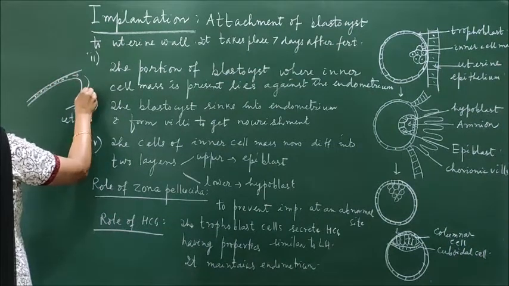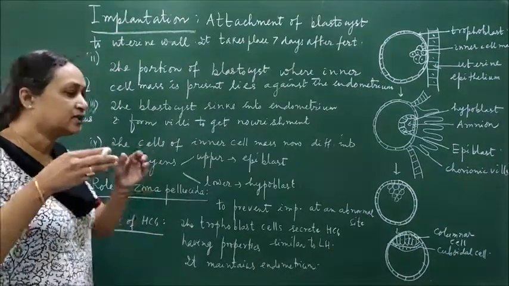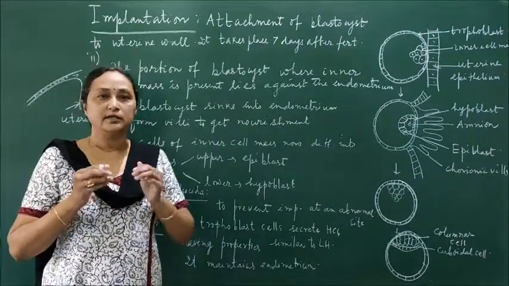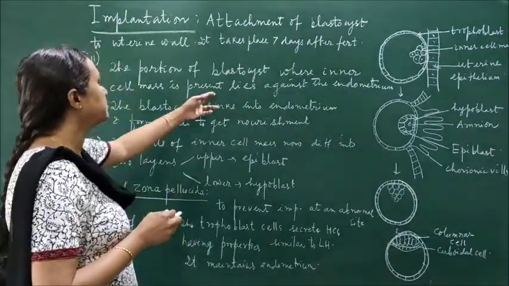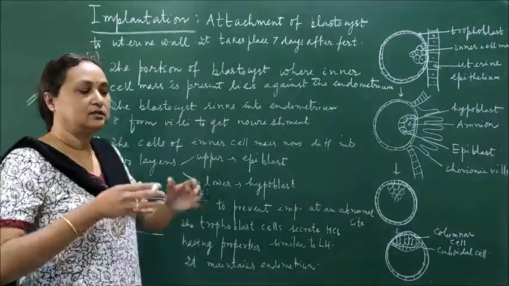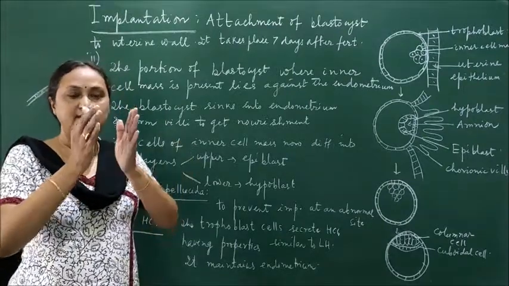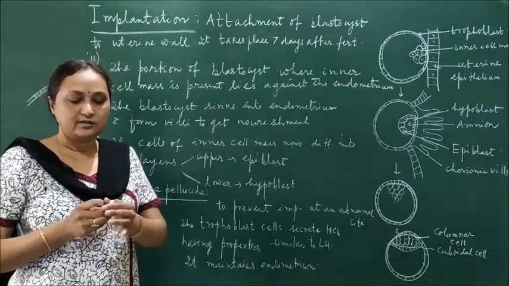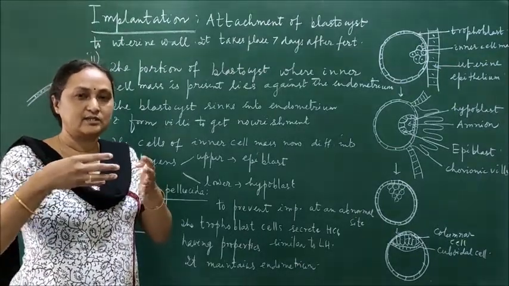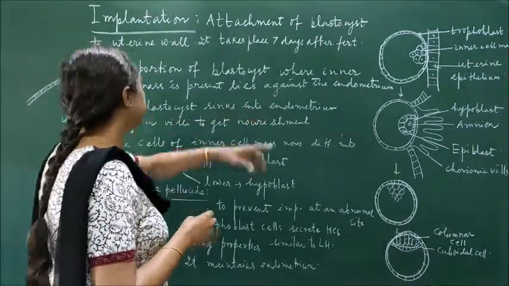Alright, so ultimately when the embryo comes here inside the uterus, it is fixed to the inner wall of the uterus. The inner wall of the uterus is called the endometrium. When the embryo is fixed to the endometrium, that process is called implantation. The embryo pushes inside the endometrium, because the endometrium is a thick layer. Gradually, with the help of mechanical pressure, the embryo becomes embedded inside the endometrium. And here you see the diagram.